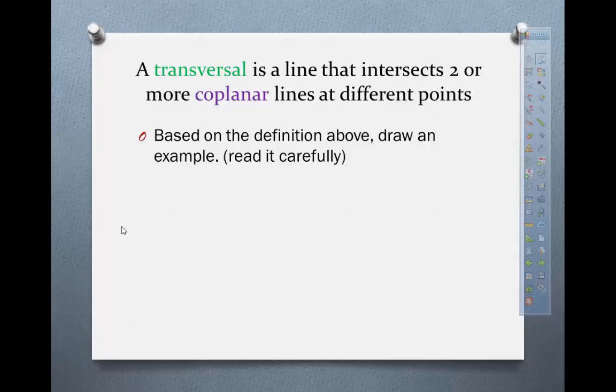Again, it's a line. So that's the first thing. You start off with a line. And it intersects two or more coplanar lines at different points. You know, so you might have to play with this a little while. Just play with it. See if you can figure it out. So take a minute and do that. Okay, well, I have